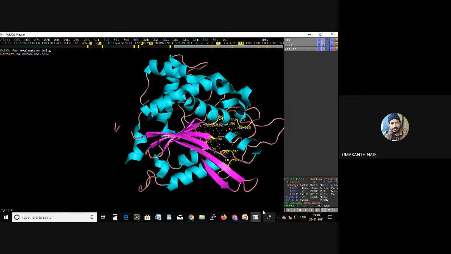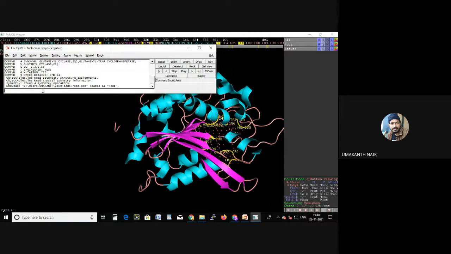I want to see only valine residues, or else I want to see a particular region of the protein. What shall I do? I just go here and write some code, SELE select residue. I want to see only a particular region of those residues. If you want to see any particular residues, like if you